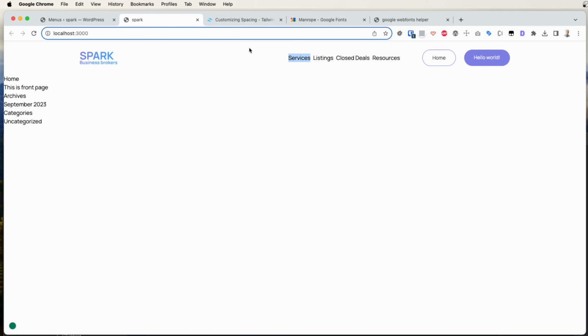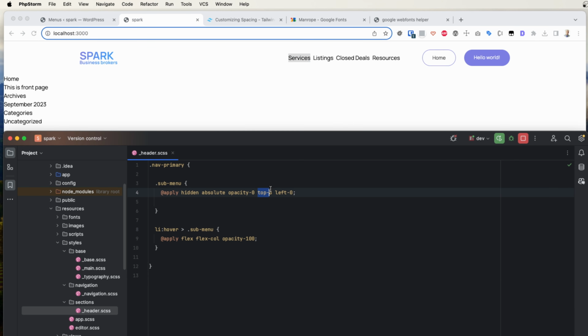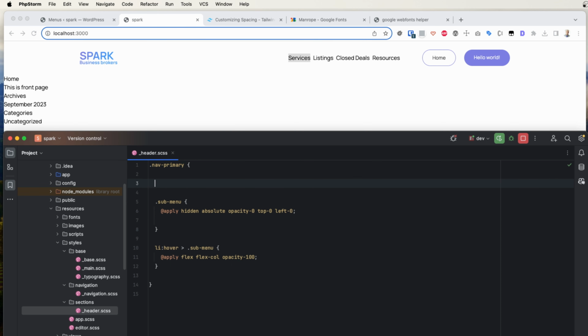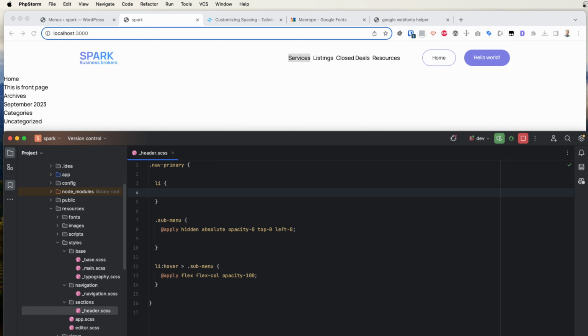Okay, let's try how it looks now. So once we hover, you noted that it will show here, right? Why is that? Because if you put a child element as absolute position, and you define top and left, it will seek the first element which is position relative. If it doesn't find any element with position relative, it will default to the page itself. So we need to put here an li element